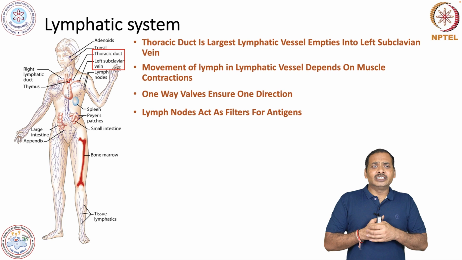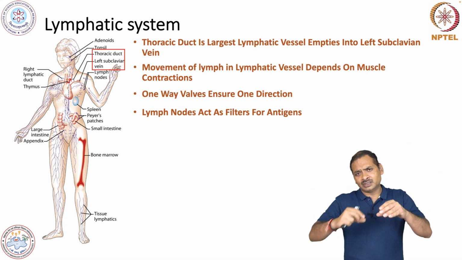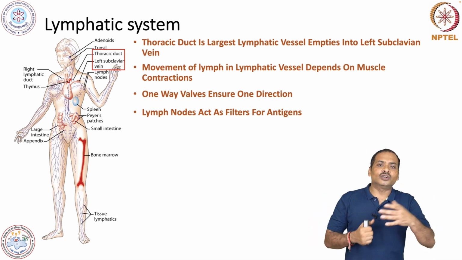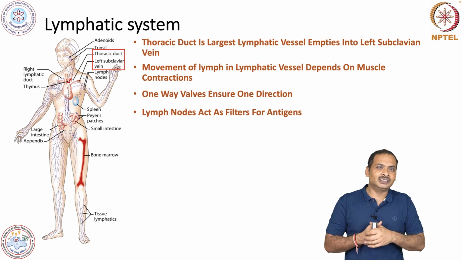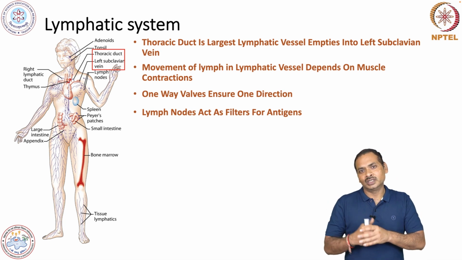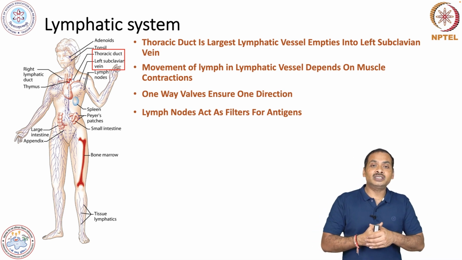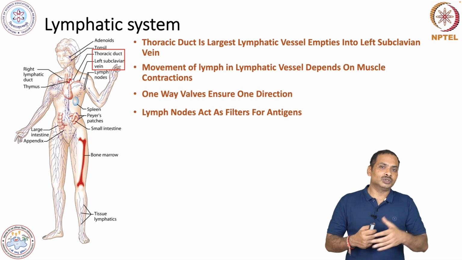And basically in lymphatic vessels there are lymph nodes, and these lymph nodes are basically filters for the antigen. As you have seen, the spleen is a filter for antigen in the case of blood-borne antigen. Here, tissue-borne antigen will be filtered in the lymph node, and it will be trapped, and then there will be a development of appropriate immune response,